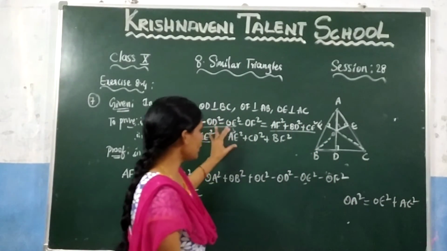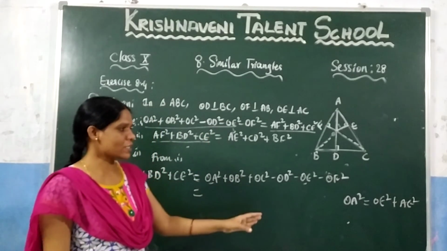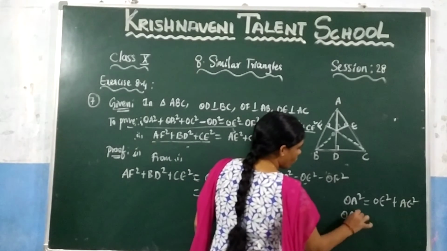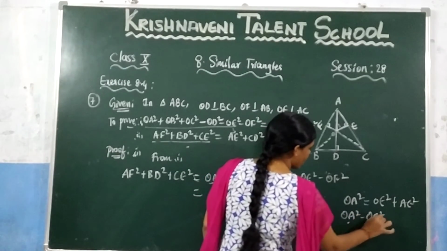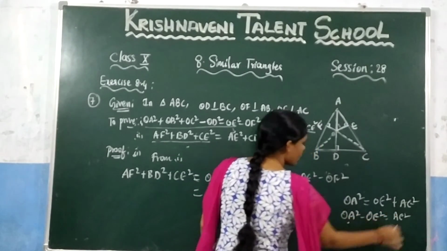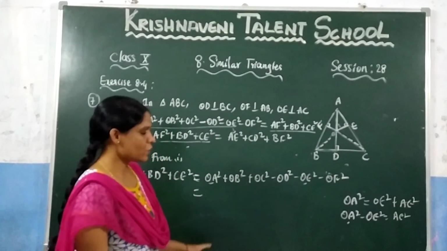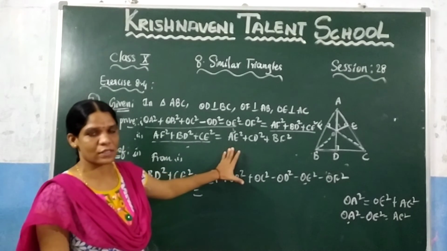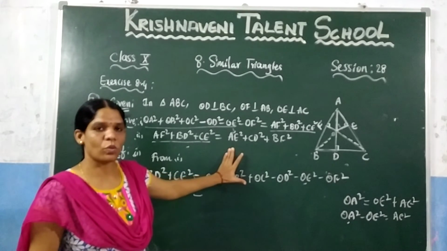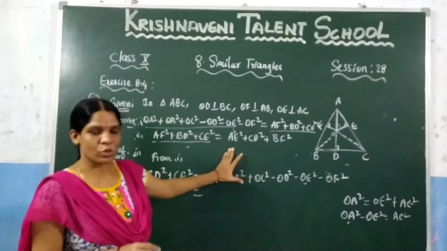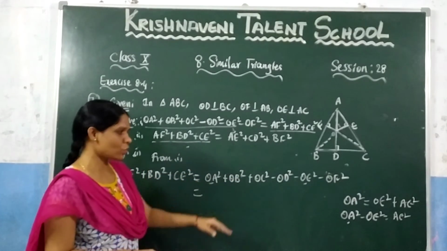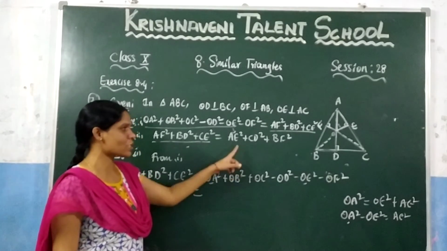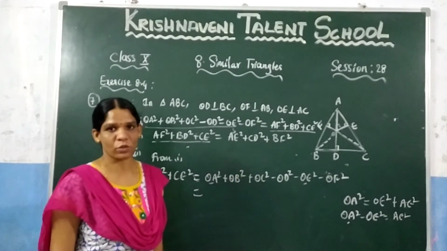Since we need only the value of AE square, let us take OE square to this side, so that you will get here OA square minus OE square is equal to AE square. Right? So like that you can check it here. First you need to check in which triangle AE is there, so that you will come to know what the remaining two sides are. So you need to check what those remaining two sides are in this equation, and apart from these two values you need to substitute this value by using the Pythagoras theorem.